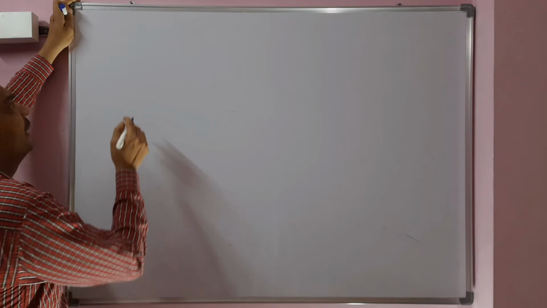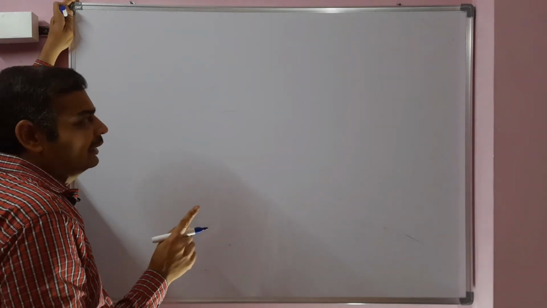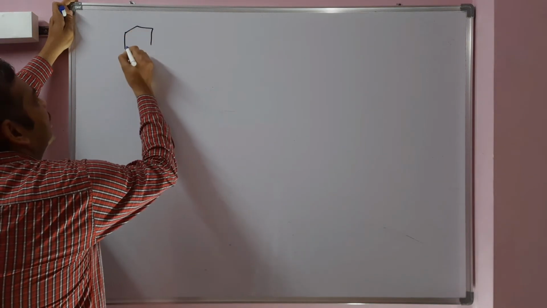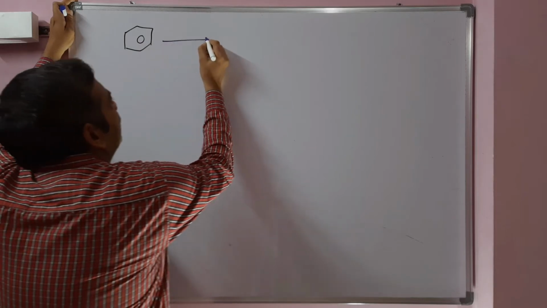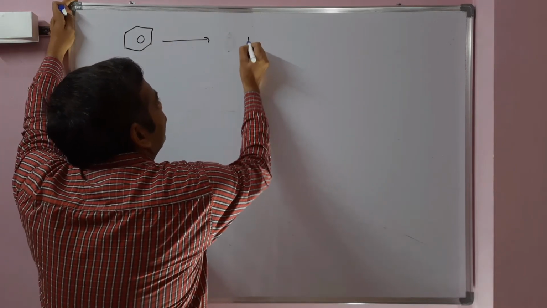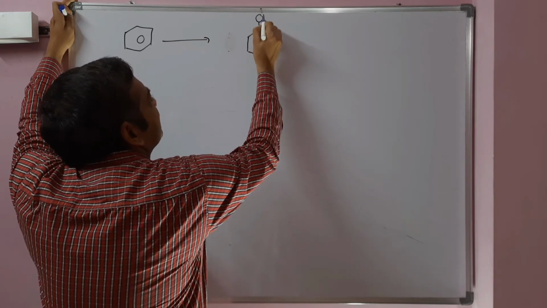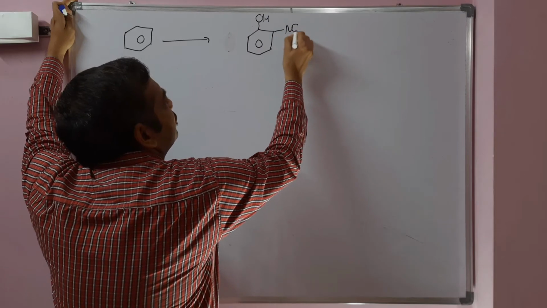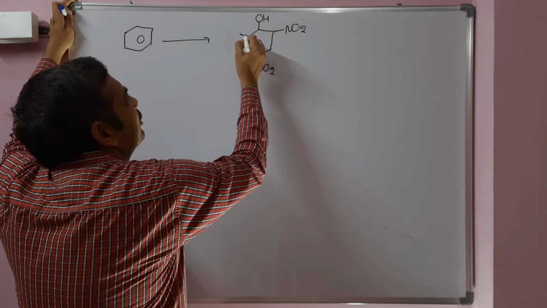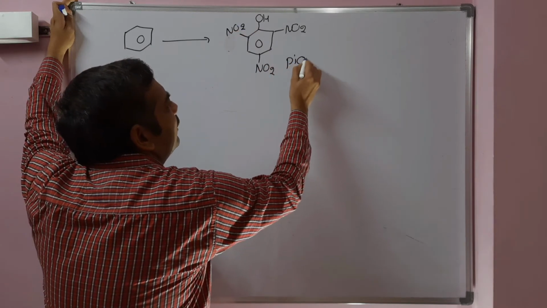Convert benzene to picric acid by using addition elimination method and elimination addition method. So this is picric acid, 2,4,6-trinitrophenol, by using 2 mechanisms. 2,4,6-trinitrophenol is the picric acid. So to prepare picric acid from benzene,